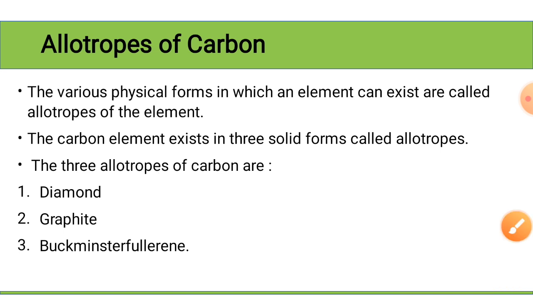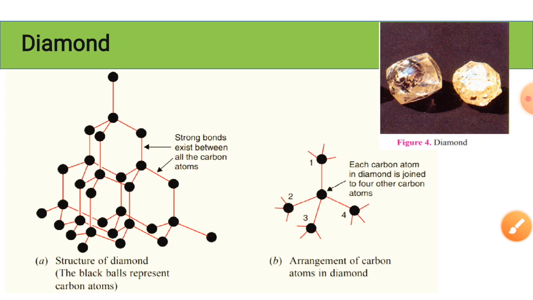Let's start, students. First of all, here you can see the heading is diamond. So we will discuss diamond and its general properties. We know that it is a colorless transparent substance with extraordinary brilliance due to its high refractive index. Here you can see a picture of diamond. It is very heavy, extremely hard. So it is the hardest natural substance known. It does not conduct electricity, but it has high thermal conductivity and high melting point. So these are the properties shown by diamond.